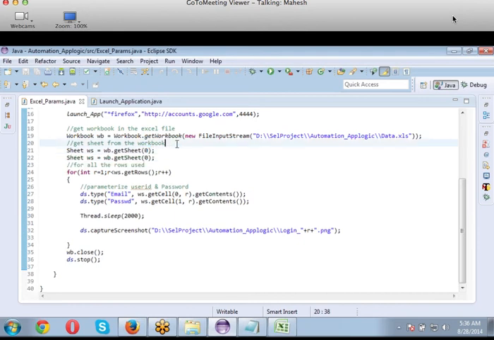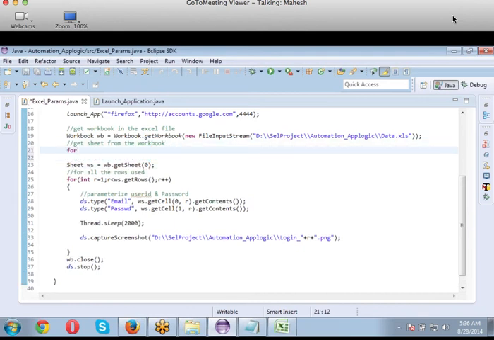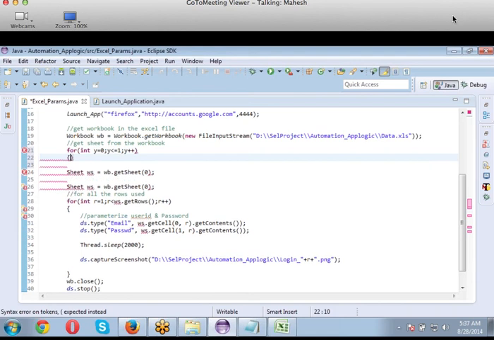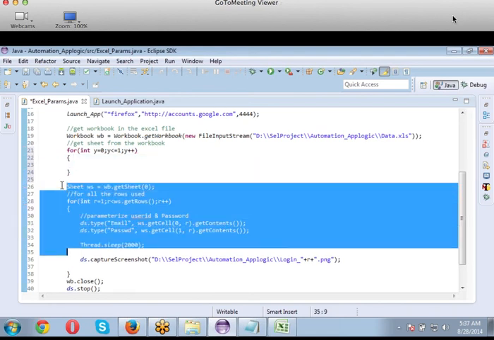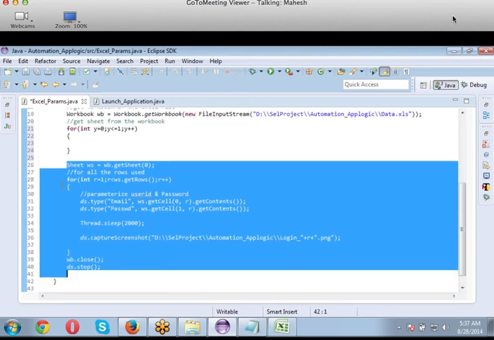For that, I'll create one more small for loop. Means some y is equal to 0, y less than or equal to. Tell me, what should be the condition? 1. Okay, since we are reading only 2 sheets, you are restricting yourself to only 2 sheets. If I have one more, what should I do then?